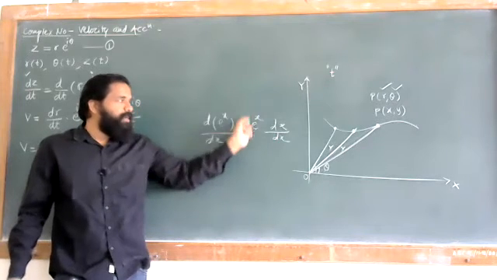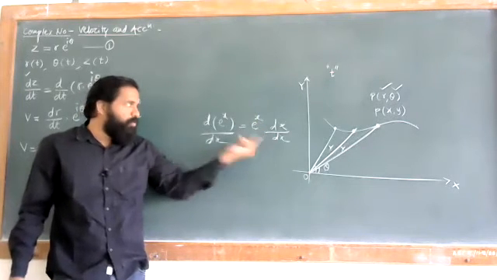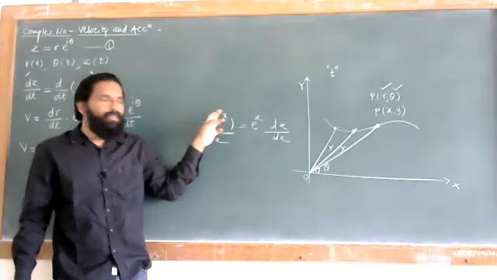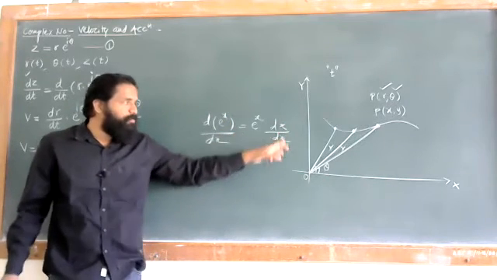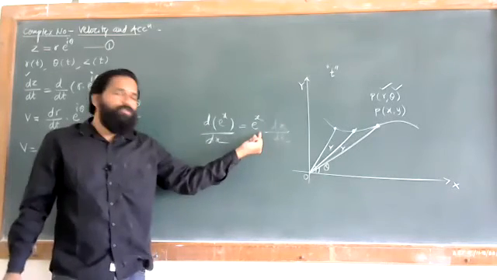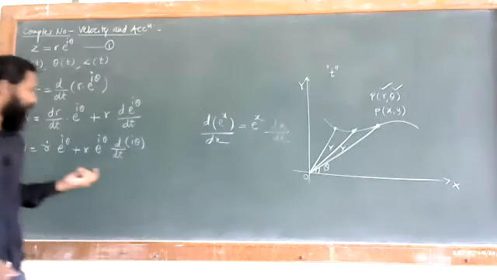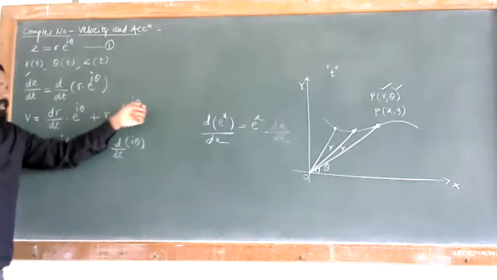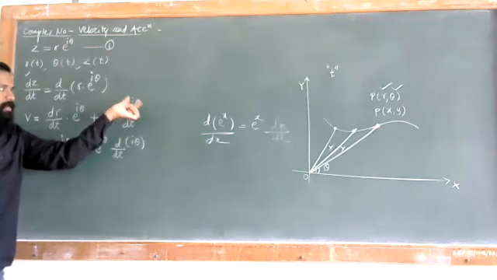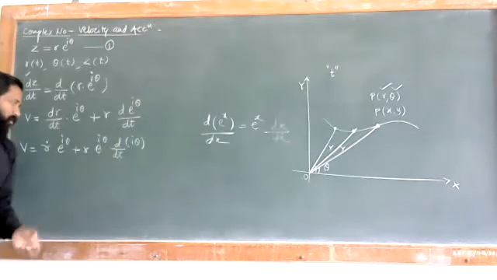So the derivative of e raised to x is e raised to x into the derivative of this term. Whatever the power of the exponential is, we take its derivative. So dx upon dx comes out to be 1, and so the derivative is only e raised to x. The same thing applies here: the derivative of e raised to I theta is e raised to I theta as it is, into the derivative of this term r into theta. So we can have this.